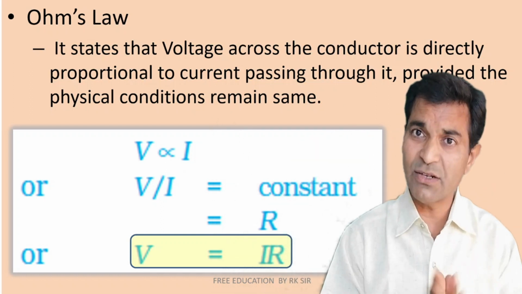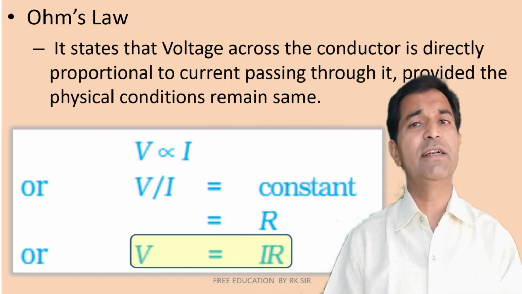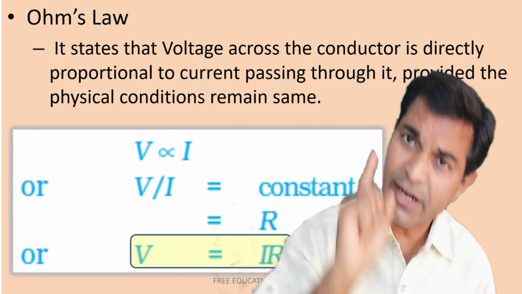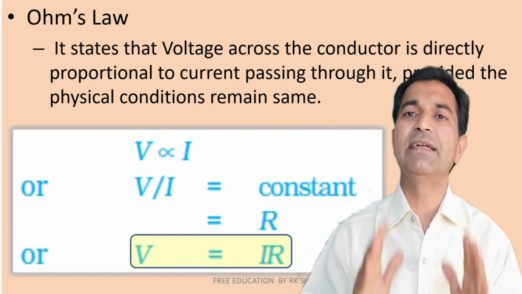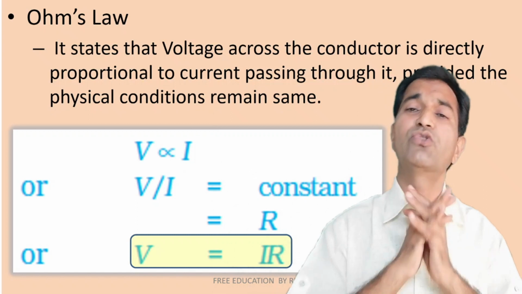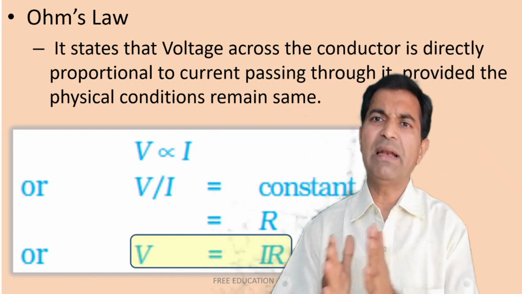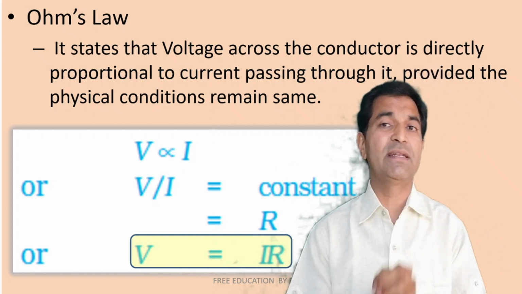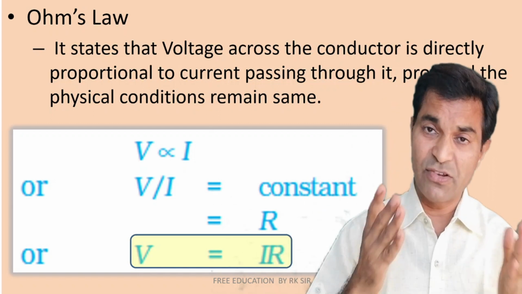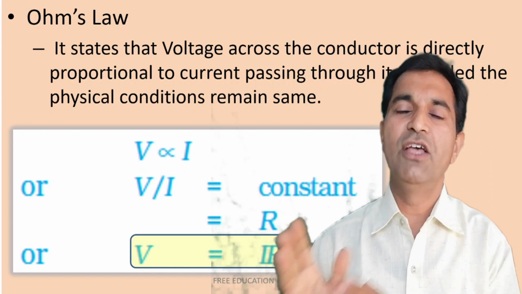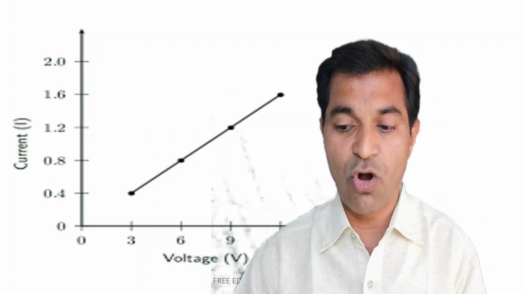Means the division of the ratio of voltage and current is always constant, and that constant term we represent it as the resistance. So more properly we may write mathematically this equation as the famous equation V is equal to IR. So this is known as Ohm's law,